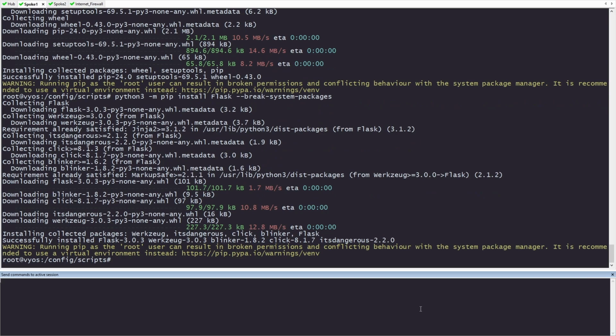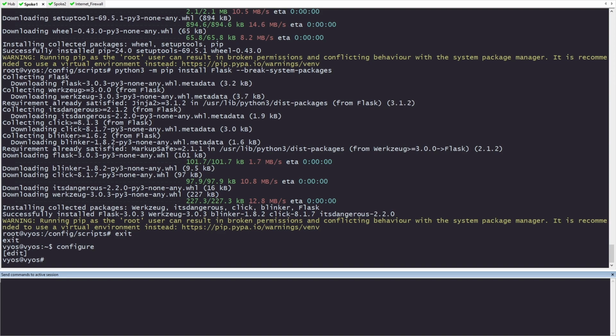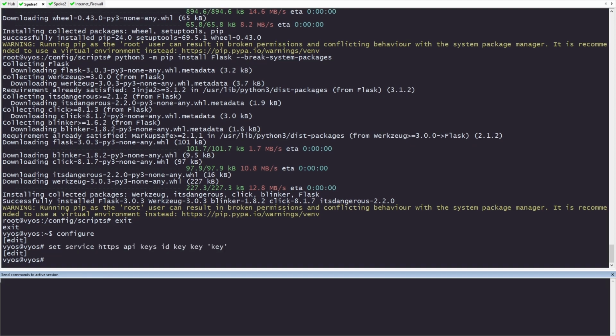Now, let's go back into the configuration mode of VyOS. From here, we're going to want to set the API key that we want to use. I'm going to use the word key since this is just a lab. In a production environment, you would want to use a real key. The value you want to change is going to be key in quotes. Now, if you are going to change the key here, then you'll need to update the script. To do that, you want to update the key string inside of the script. That file can be found in config scripts